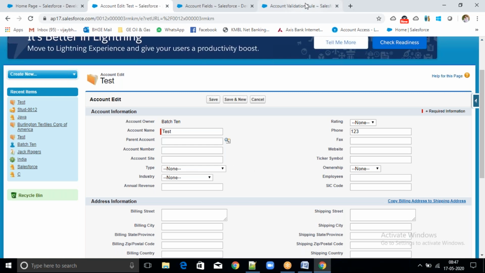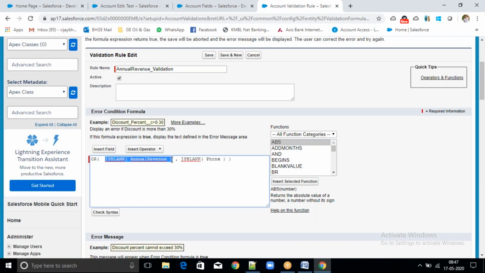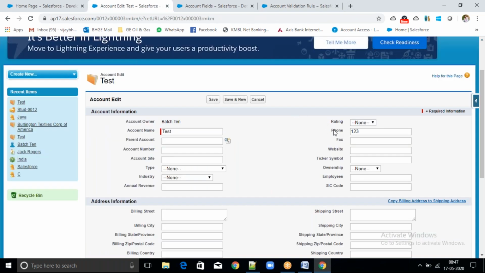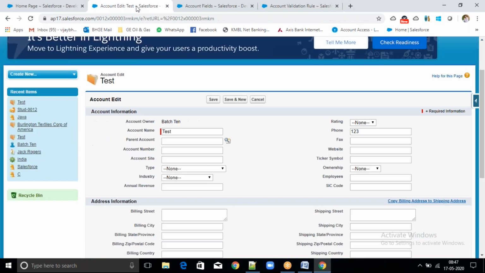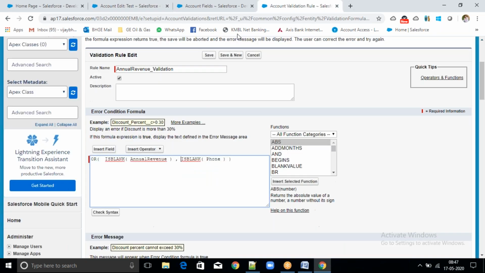IsBlank of annual revenue, it is true. And IsBlank of phone, it is false. True and false means our condition will return true. If both the conditions are false, it will return false in case of OR. It means if any of the fields is blank, it will give an error.